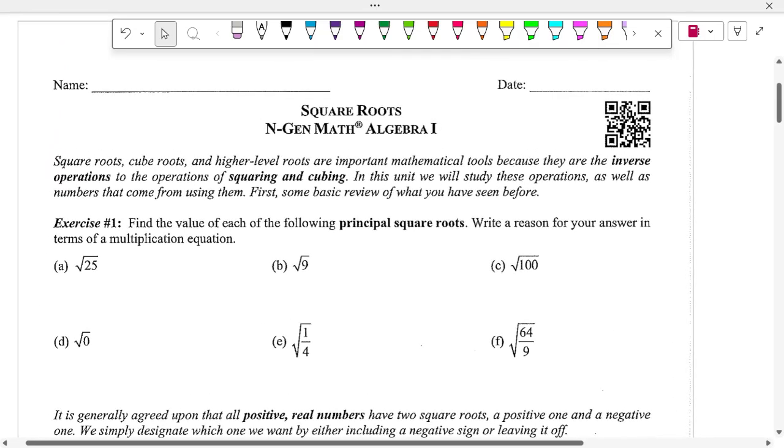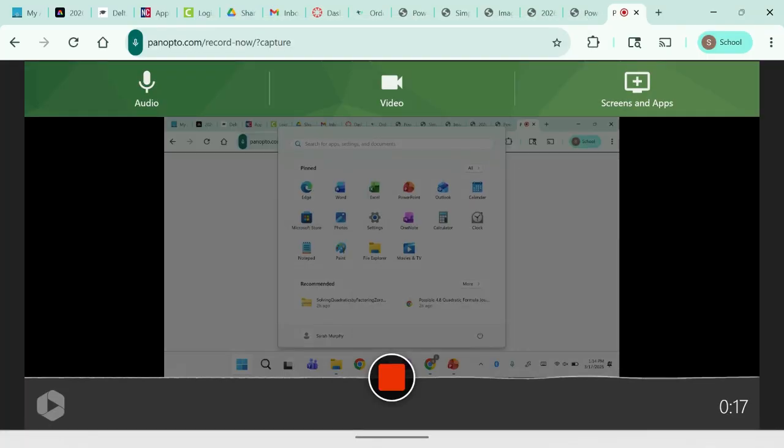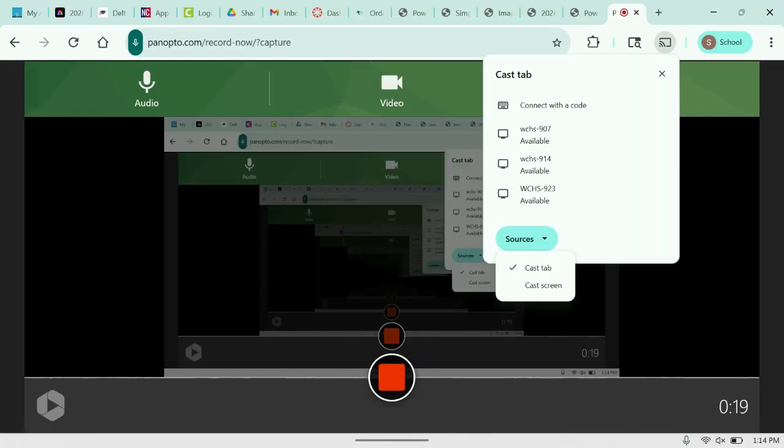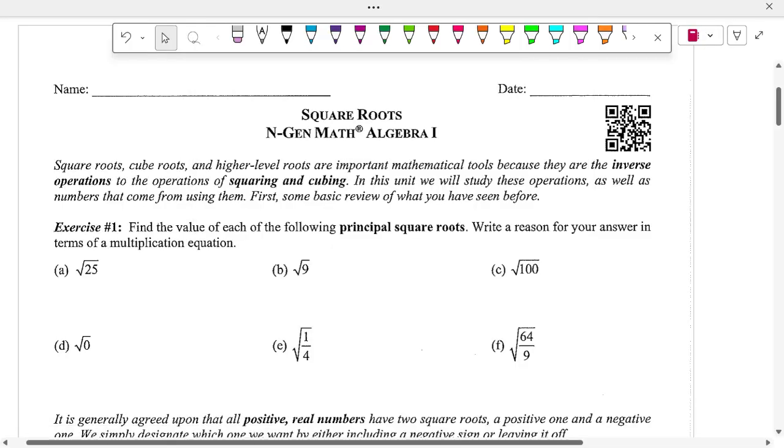Desk. All right, so everything's, oh my gosh, every freaking time. Okay. All right, so